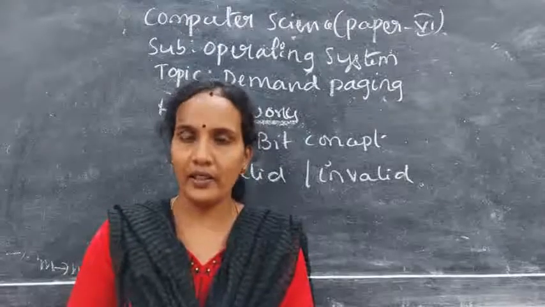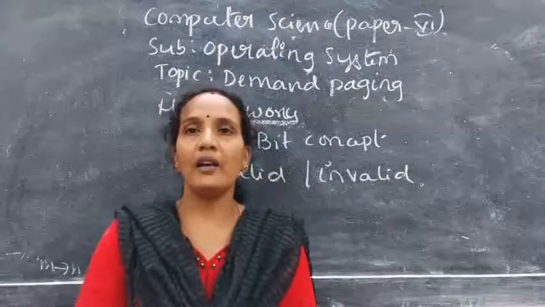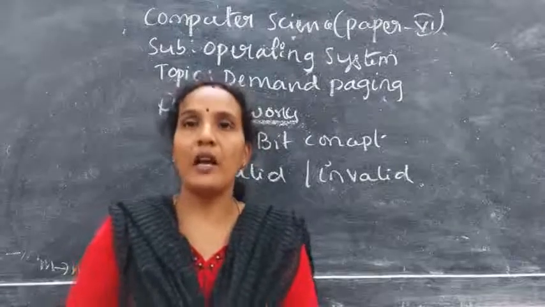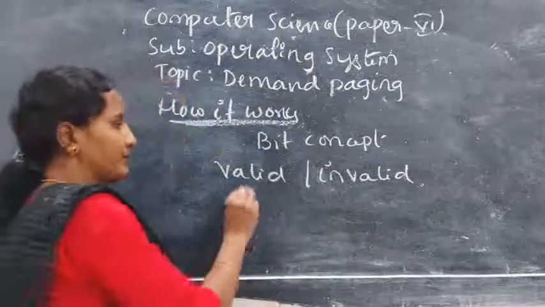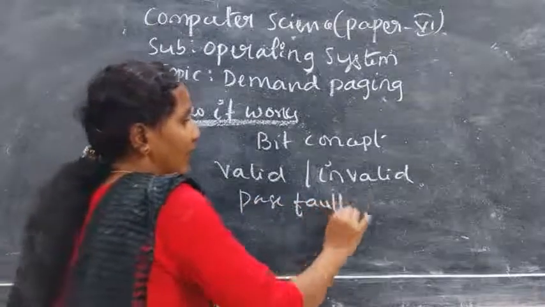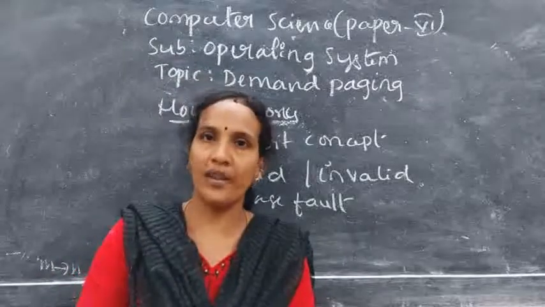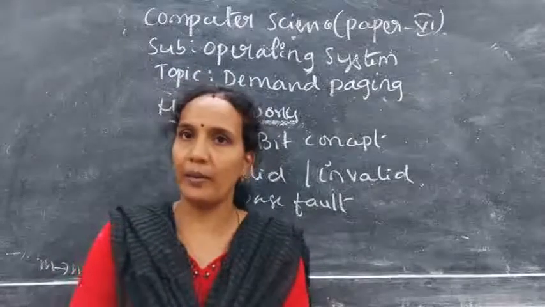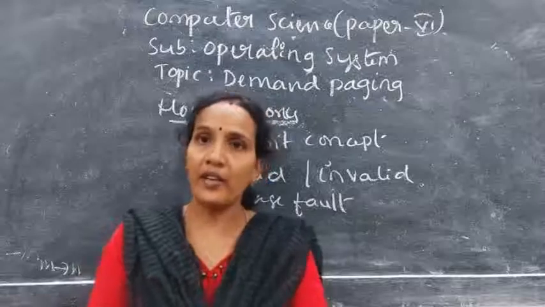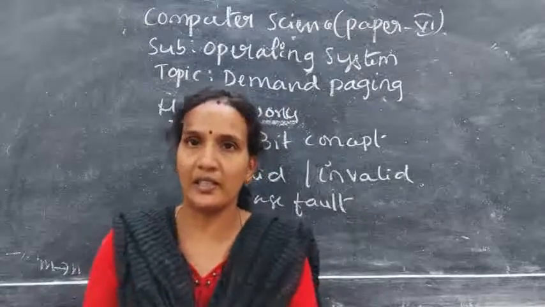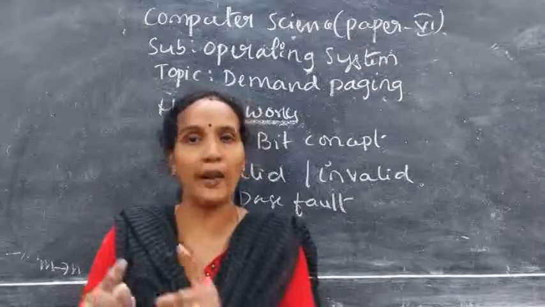The point here is that only when the user requests are pages loaded into the main memory. If the user requests a page and that page is not in the main memory, that is called a page fault. And how does it check whether there is a page fault or not? It checks the bits. If the bit is valid, the page is in the main memory. If it is invalid, the page is in the secondary memory. So if a page fault occurs, the control is given back to the operating system, and the operating system will search for that page in the secondary memory.